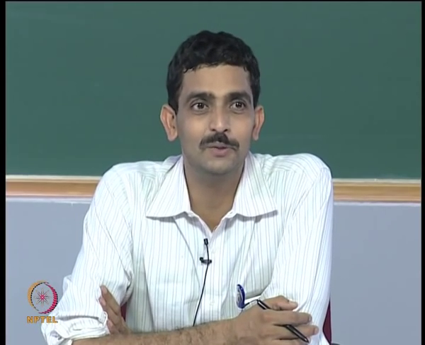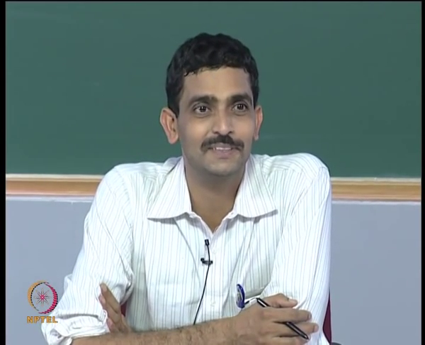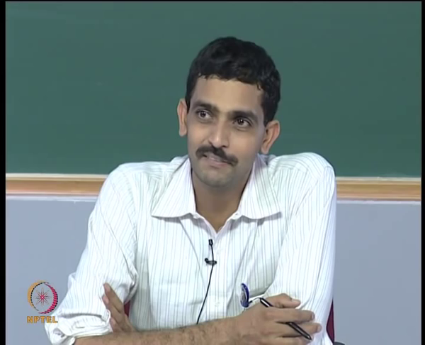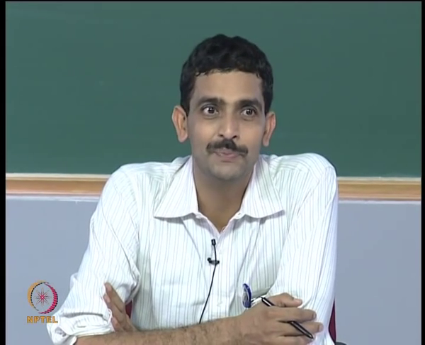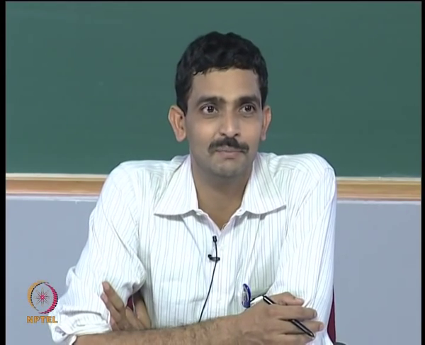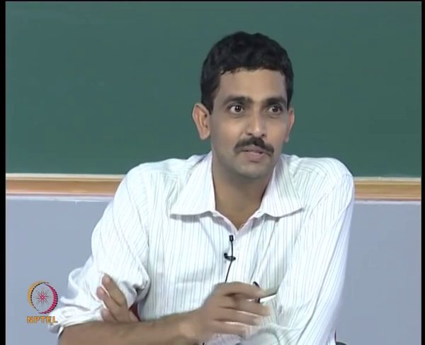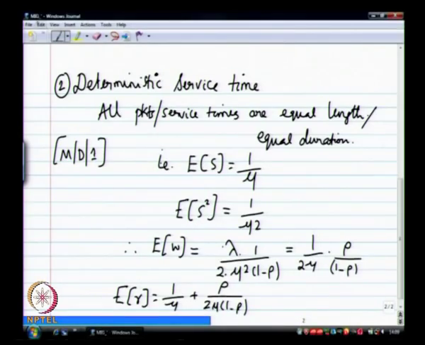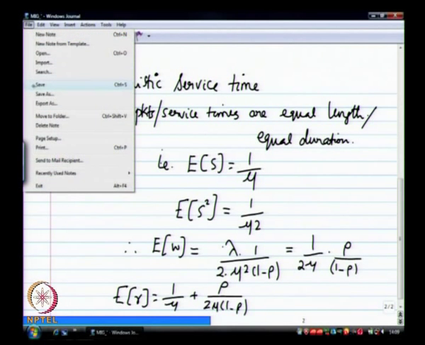Okay. So another way to do that is to look at the coefficient of variation, right? So we can define the same thing in terms of COV, and then we can show that CS equals that. COV equals 0 only for MD1. For no other distribution is COV going to be equal to 0. Okay. So let's look at that.